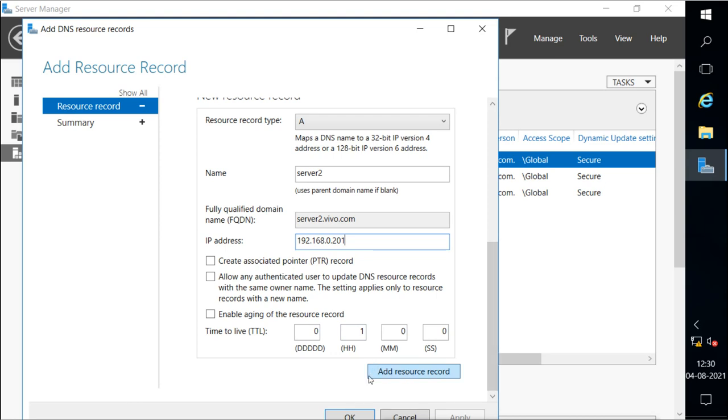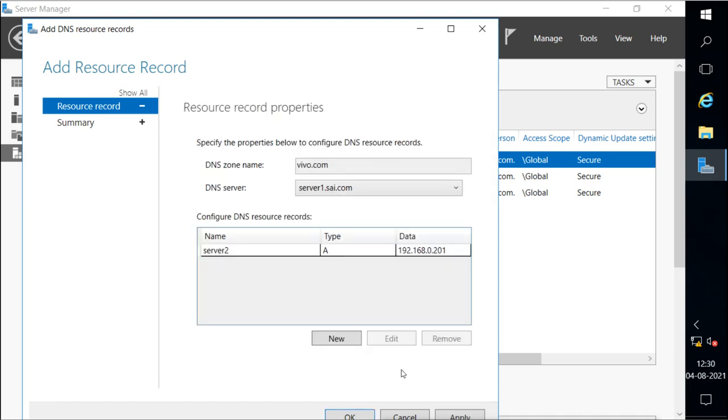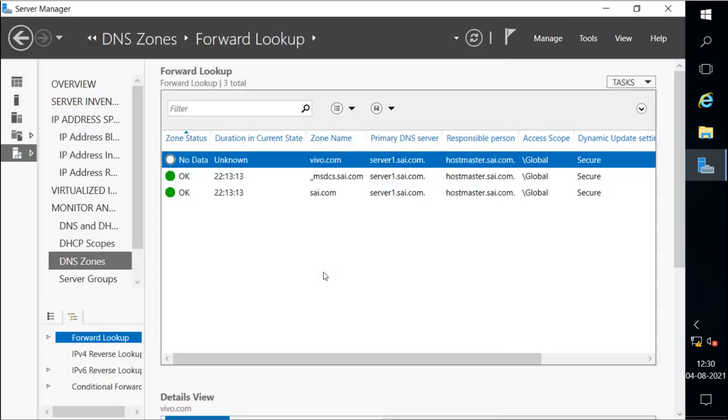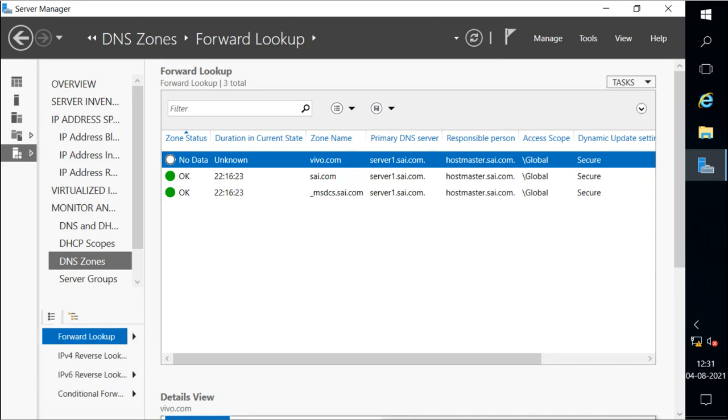So this is the record we selected. Then we can add it. Now it is added here. So we have added this A record with this name. If we want, then we can add more records here. And when you finish adding all the records, then we can go on to select OK, and it is now created. So the zone we have created, also we have created the records.